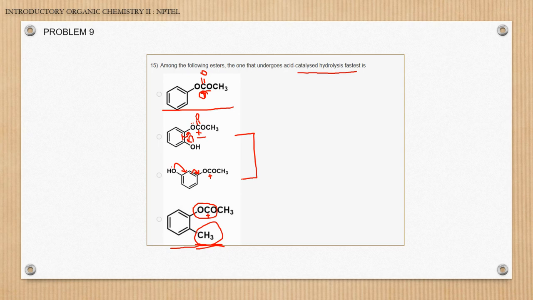Can anyone tell me which is the fastest? Like which ester? Second. Okay. And why do you think the second is the fastest? See here what is happening. Conjugation is present in both of these. Okay. But what is happening here? You have to also consider one thing,